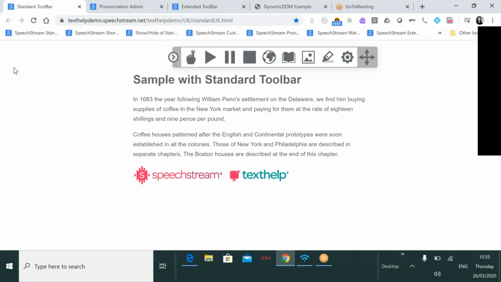Welcome to using SpeechStream to support remote learning. We are aware that many schools and school systems will be adjusting to more online and remote learning, and we want to show you how SpeechStream helps make online learning and assessment content more accessible for those students using digital